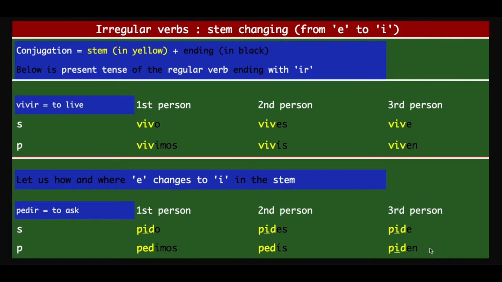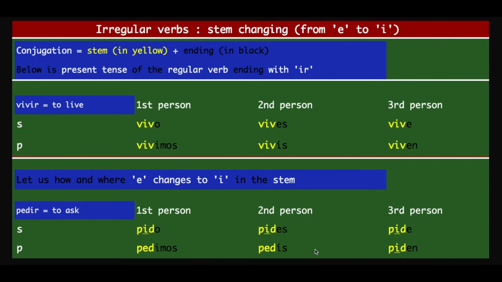Yes, of course, you observed perfectly that these two cases do not have that change of E to I. They remain as they are. And we've already seen this in other cases as well. This is how the language is. We have to respect it, that whenever you see a stem change in an irregular verb, only these four cases undergo this change. All the cases of singular and third person plural, these two cases remain as they are. That's how the language is, and we have to respect it.